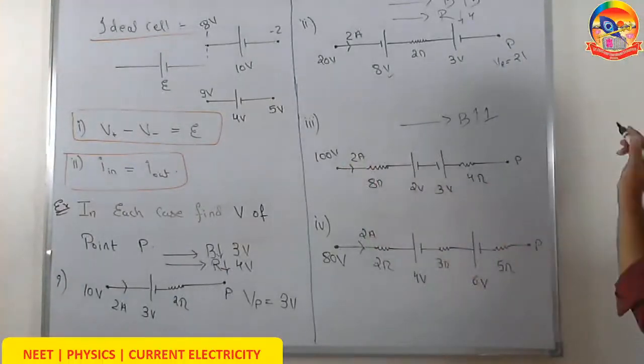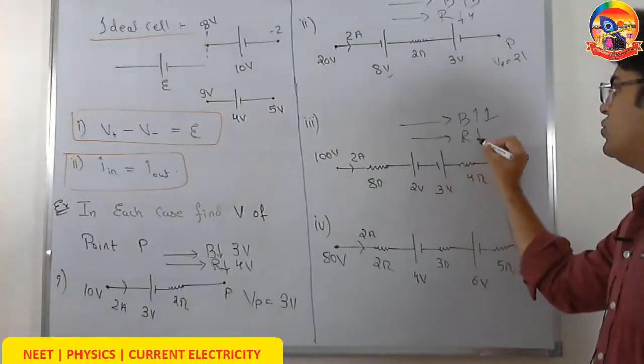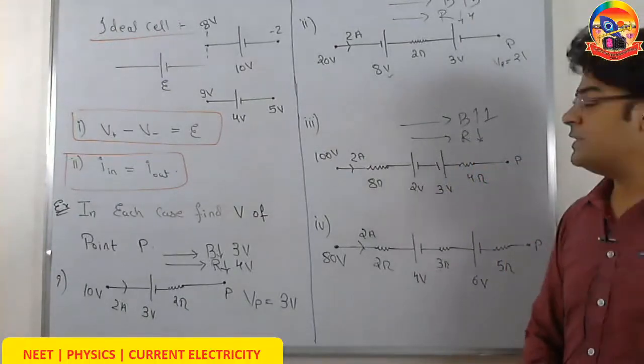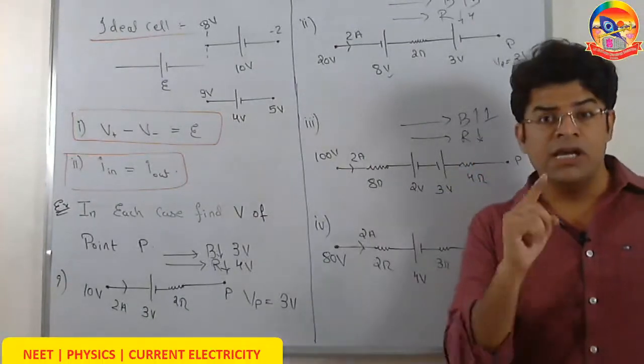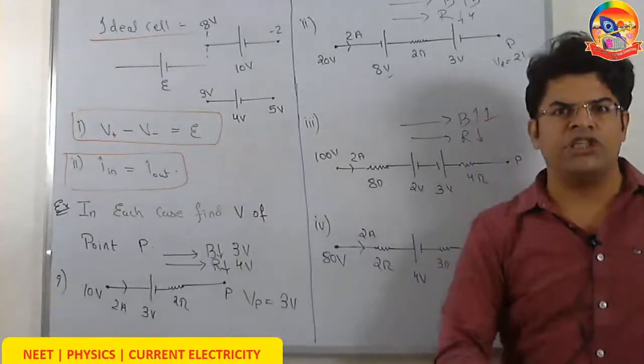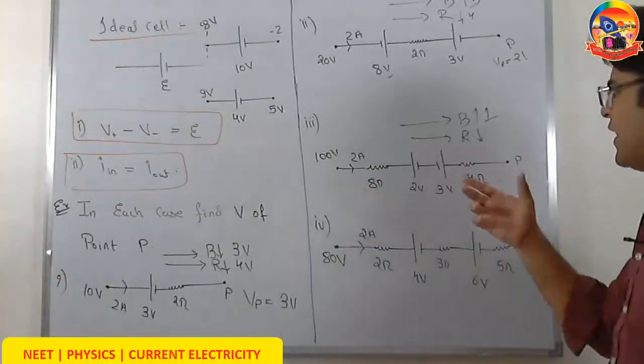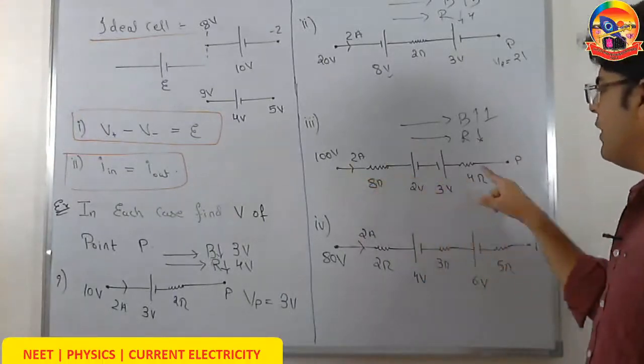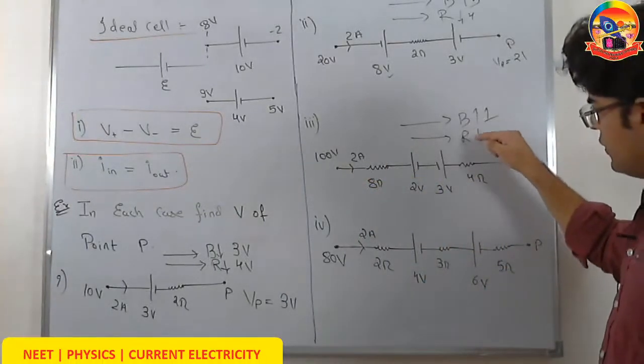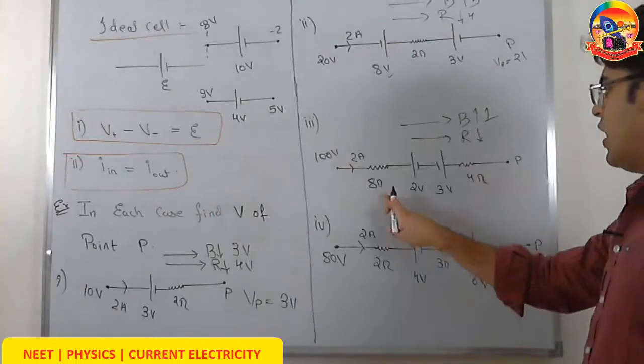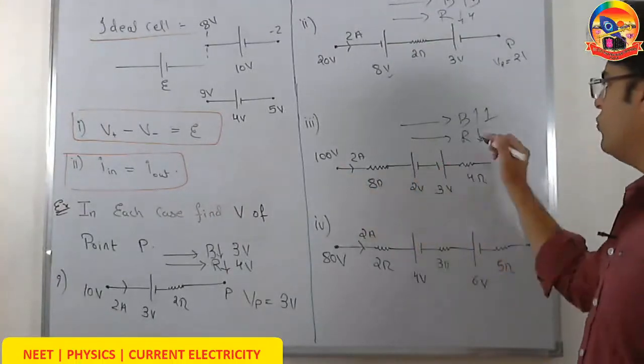Going from left to right, because of the resistor, the potential will decrease. How do you know it decreases? Because in a resistor, as you move in the direction of current, the potential decreases, and we are moving in the direction of current. So going from left to right, the potential decreases because of the resistor. How much? R equivalent 12 into current 2, that is 24.